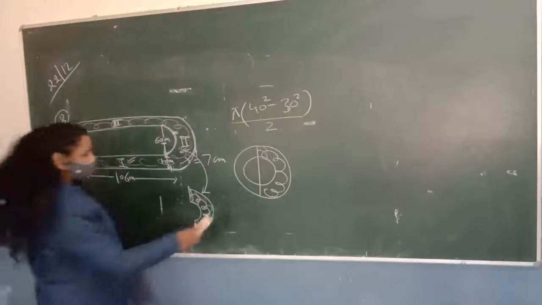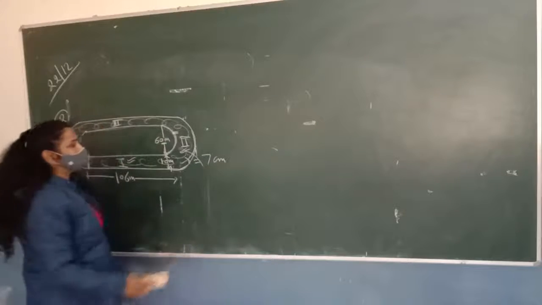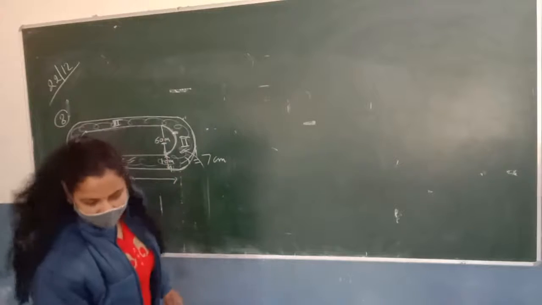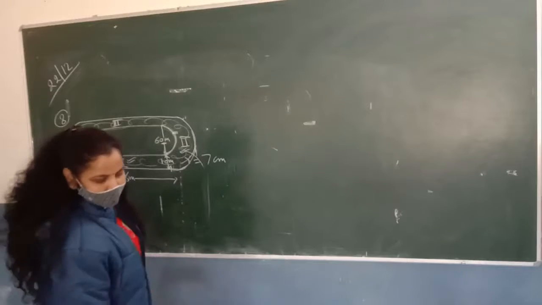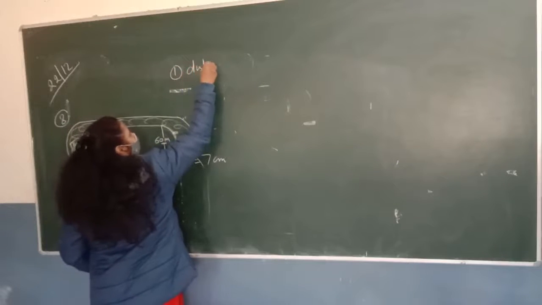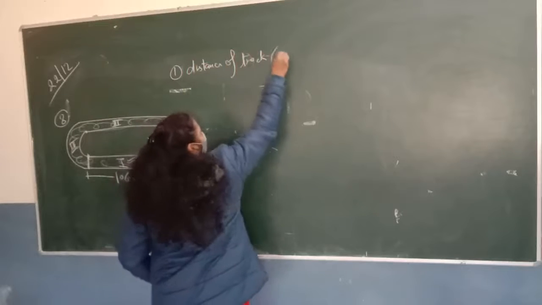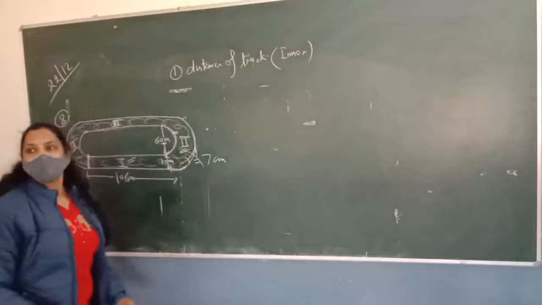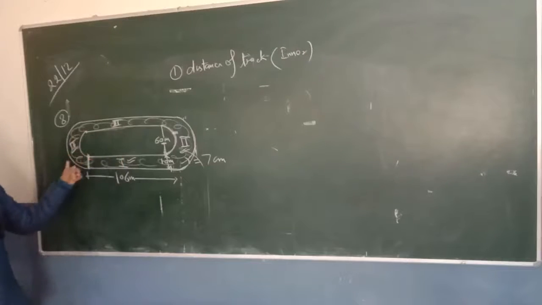First we should write all the values which are given in the question. जो भी कुछ दिया है हमेशा उसको पहले नोट डाउन करो, और फिर आगे कंटिन्यू करते हैं. So for the first part, the distance of the track at its inner edge. Inner edge का distance आपने find करना है. So what is the distance, Ashish? What is the distance of the inner track, inner part, inner edge?